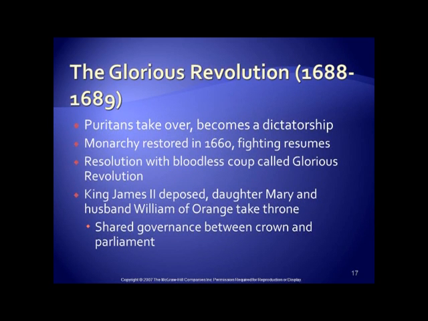So this slide is going to show you the lead up to the Glorious Revolution and what the Glorious Revolution is. So on the last slide, we talked about that the Puritans had won, the Roundheads had won the war. And so they create what they call the Commonwealth. And Oliver Cromwell is at the head of this Commonwealth. And because it's run by Puritans, they start doing things that English people don't like. They start banning things like sports and celebrating Christmas. And they close all the pubs in England.